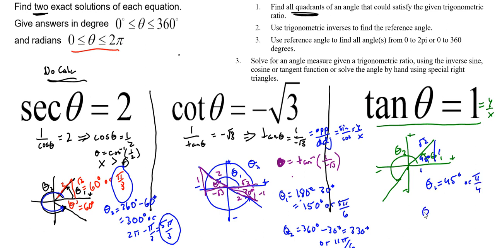We can find angle number 2, because once again, we see that angle number 2 is in the third quadrant. Now, unlike the other ones, we're going to take 180, and we have to add our reference angle, because this is the 45-degree angle right here. That's our reference angle. And so we're going to add 45 degrees to that, and that's going to give us 225 degrees. Or if we want in radians, that's going to be 5 pi over 4. And that is how we can find two exact solutions